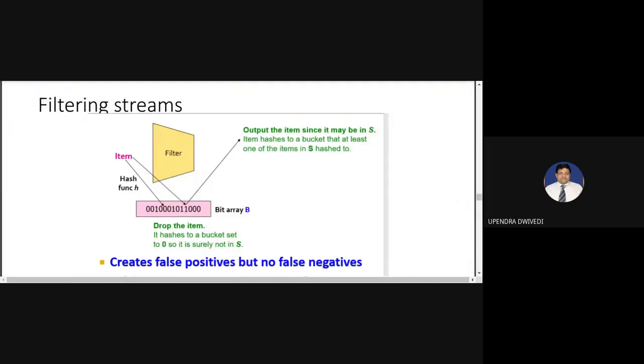Now understand what no false negative is. Suppose you have subscribed to cricket and you have no subscription for movies, so you are not going to get any news related to movies on your recommended page. That is expected. It means that whatever your subscription is, you will get all the items related to it. Suppose there is news related to cricket and news related to politics, you will get all of that news.